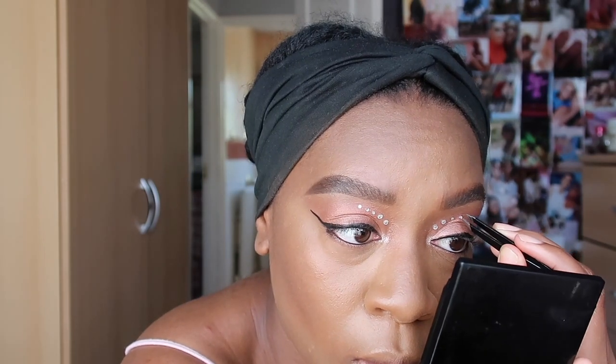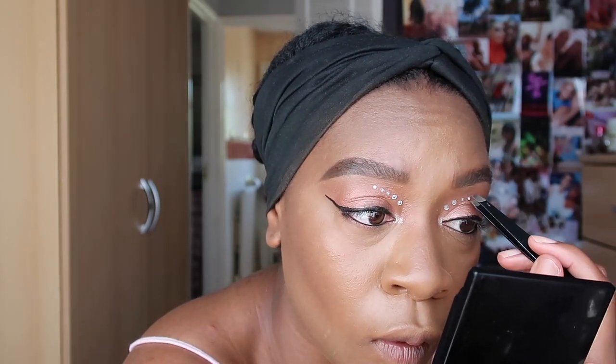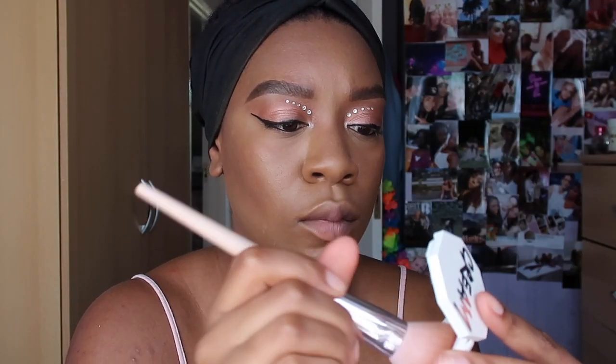And essentially this was me just kind of putting on the gems and creating the eye look together, which came across really nice, and I really did love it. I did find it such a chore though, and it is really tricky. You very much have to take your time with it, but that essentially was the sigh of relief that I had done my eyes. So I then went into my Cheeks Out Freestyle blush in the colour Summertime Wine and